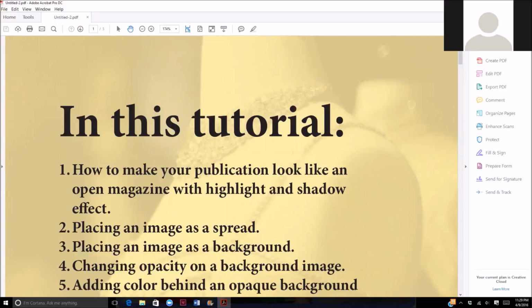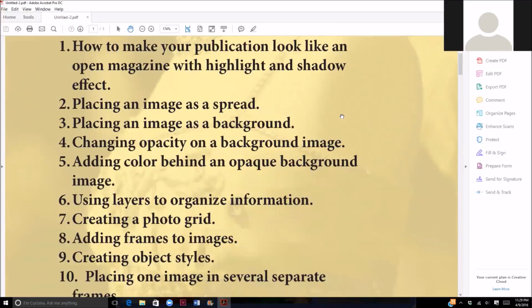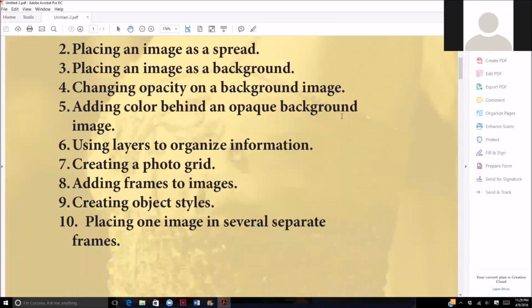So in this tutorial, we've covered 10 different techniques that you can use to elevate your work. And we've added at the end how to export so that you keep your spreads intact. So go forth, work well in InDesign,